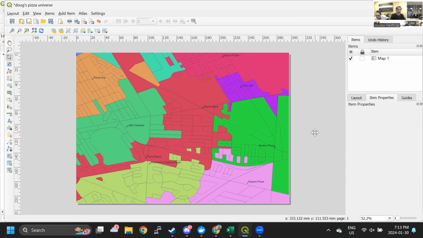So in my neighborhood, this is the state of pizza conflict. My nearest pizza place, according to this map, is Pizza Depot. My next nearest would be Little Caesars, but I can tell you that Antonino's Original Pizza is where I go to get my pie. Further afield options would include Armando's, which seems to not appear on this map because of choices made in data acquisition. So I think we're going to stop there